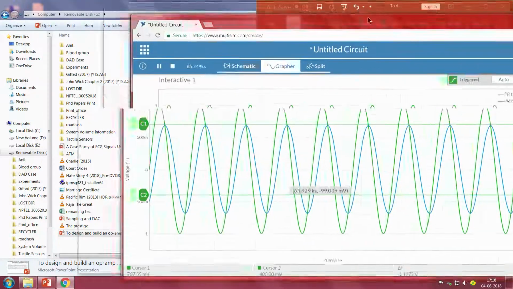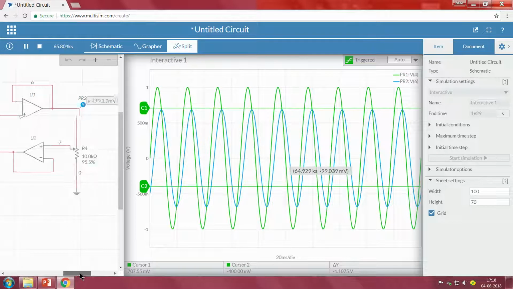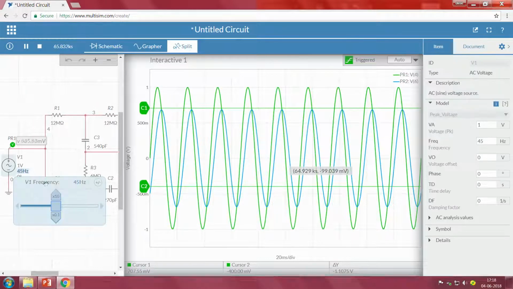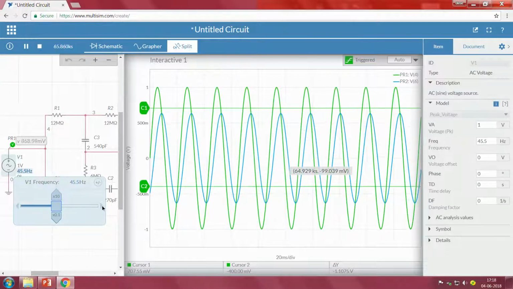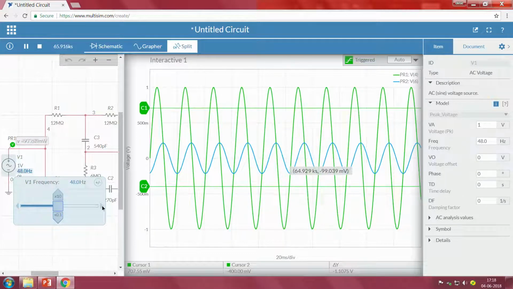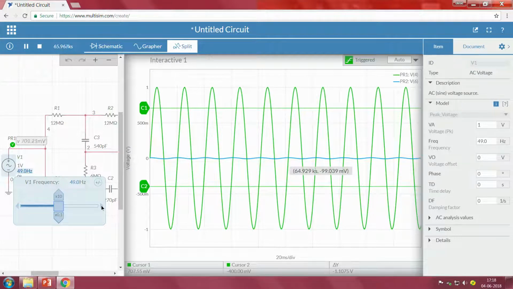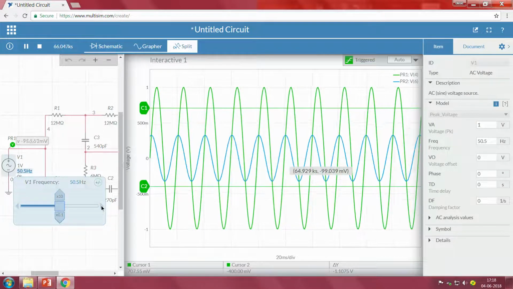And if you see even that, go to split, and if I slowly increase the input frequency, 45.5, right, at 49 hertz almost nothing. If it is 50, again it started increasing.